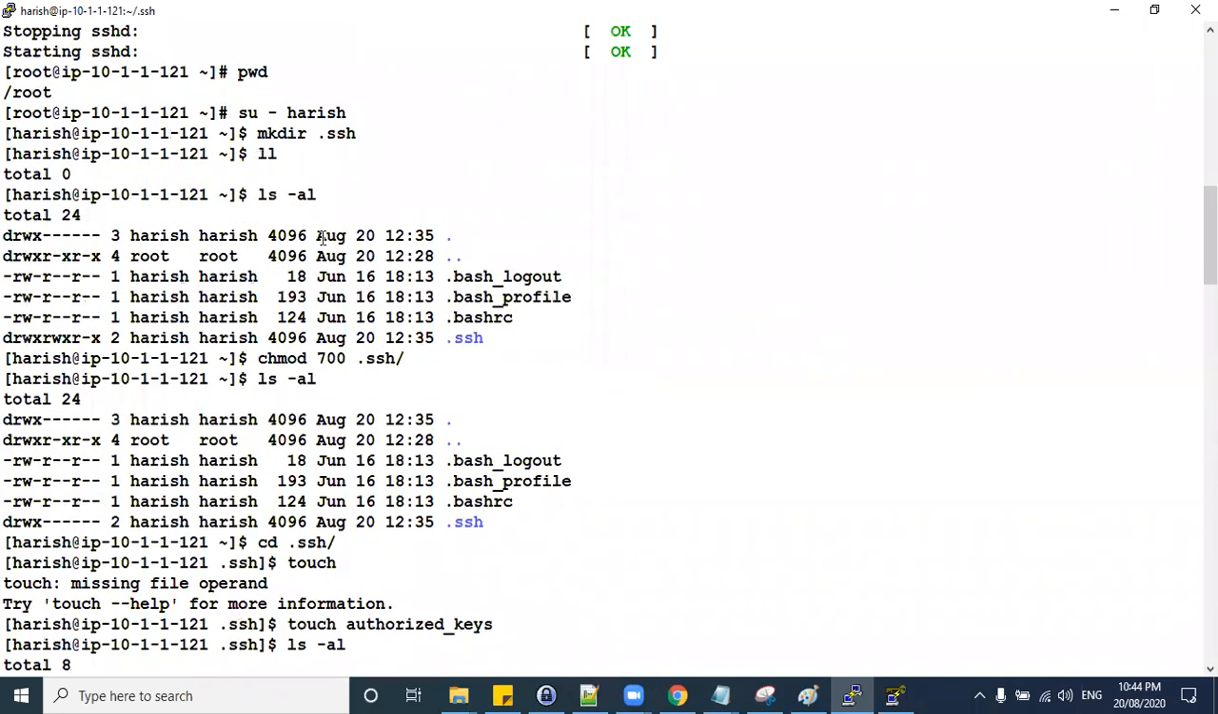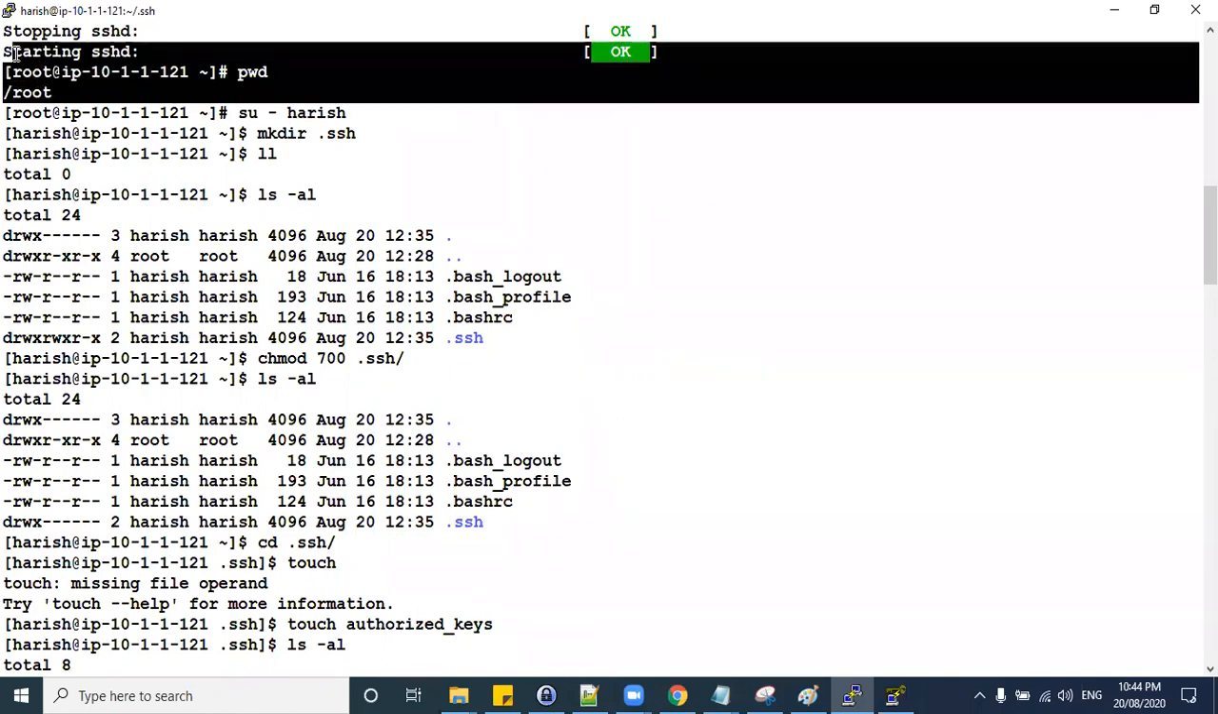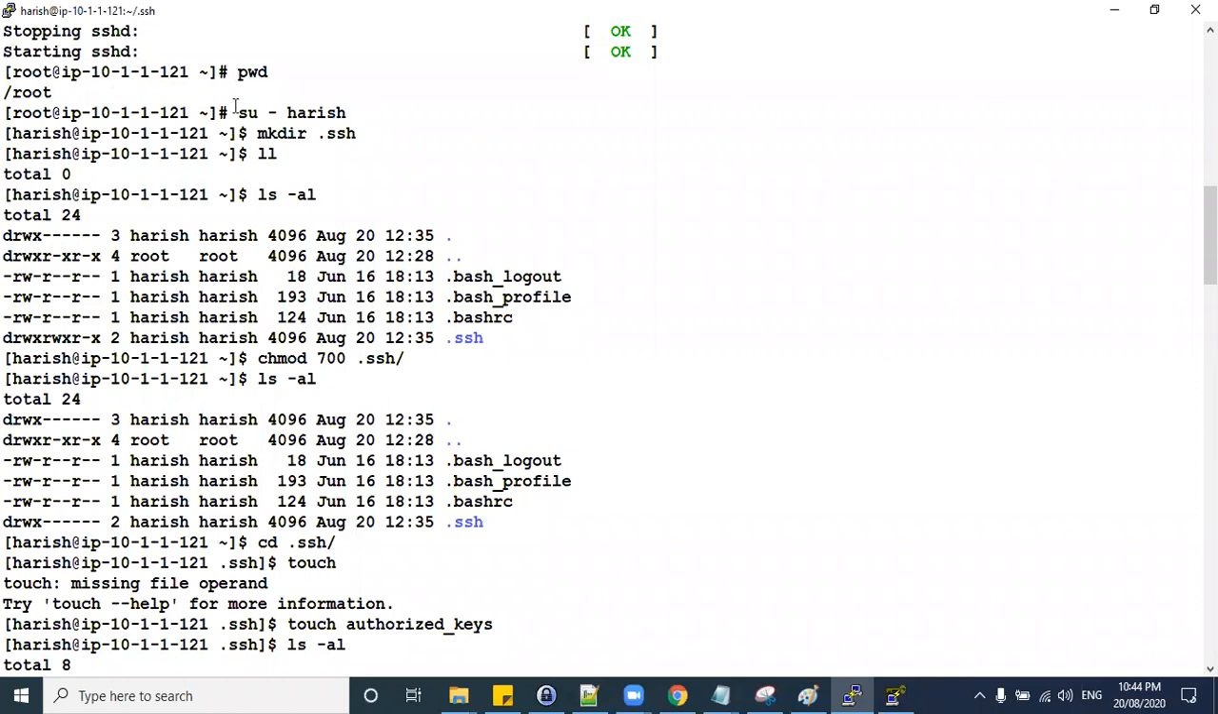After restarting, now we need to generate a public and private key, right? So we have logged in as the Harish user. Till now we were in the root user, right? After creating the Harish user and adding it into the sudoers file, we have logged in as the Harish user. After logging in, you can see this has changed. Now we created the .ssh